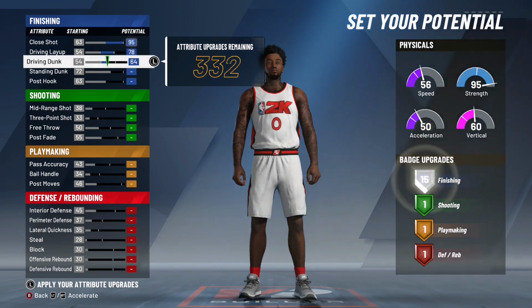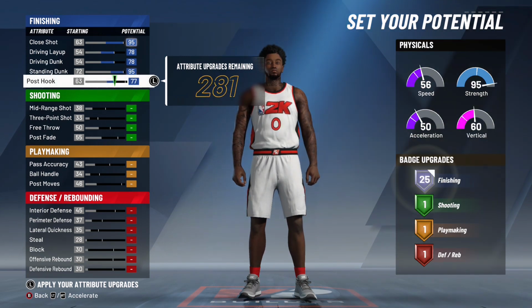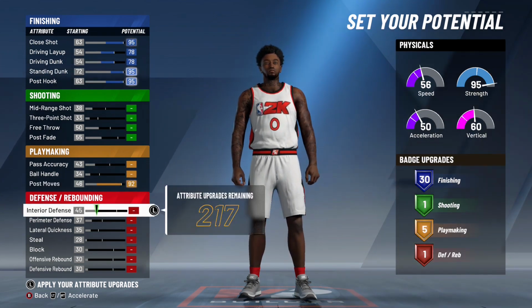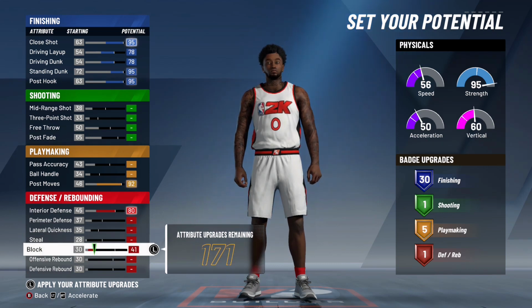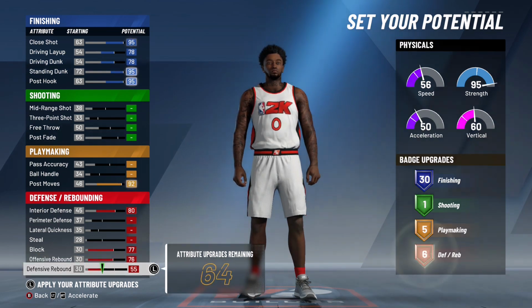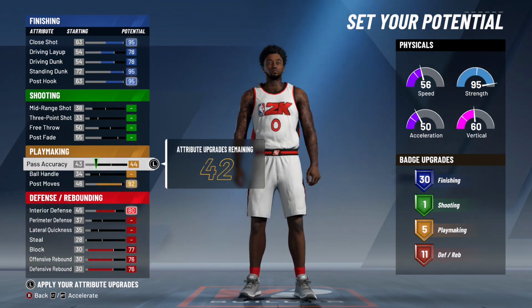And then standing dunk, max it out. Post hook, max it out. And you're gonna have 30 finishing badge. Now over here, you're gonna skip shooting for this one. Just max out your post move. And then over here for the defense, you're gonna max out interior defense. Block, you're gonna max it out. Offensive rebound, you're gonna max it out. And defensive rebound, you're gonna max it out. And the other 43, put it to the other playmaking to get